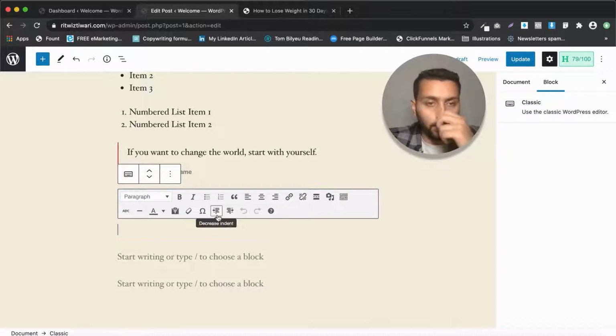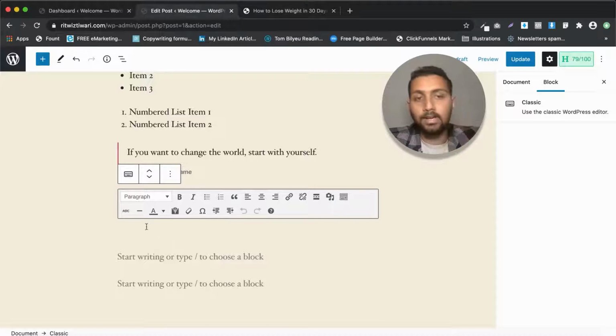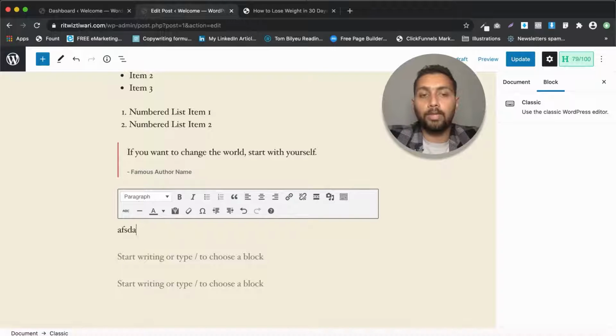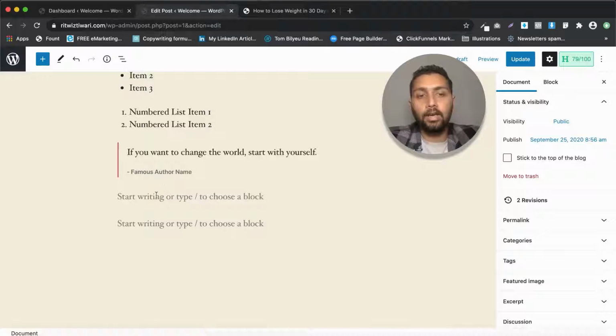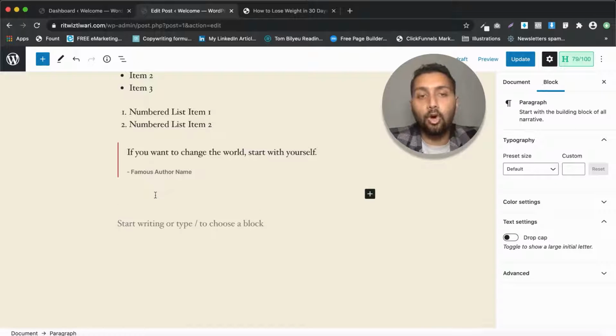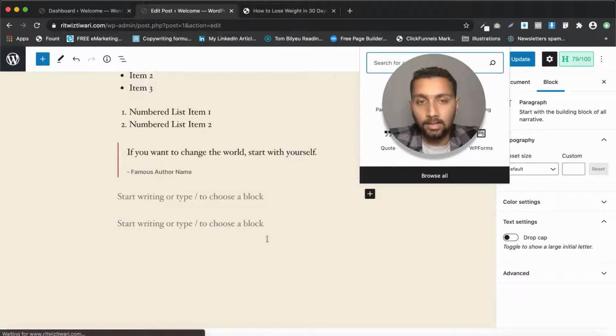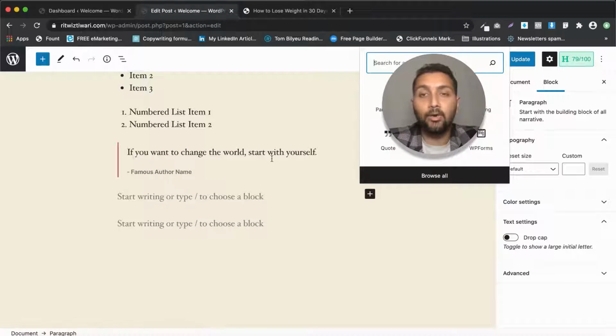So let it just open up. It has not yet opened. So yeah, this is the classic editor where you get all these options of bold, italics, numbered list and all. Okay, so this is what a classic block means. I don't actually like using it. This was provided because WordPress changed its internal editor. The editor that you are seeing right now has been updated.